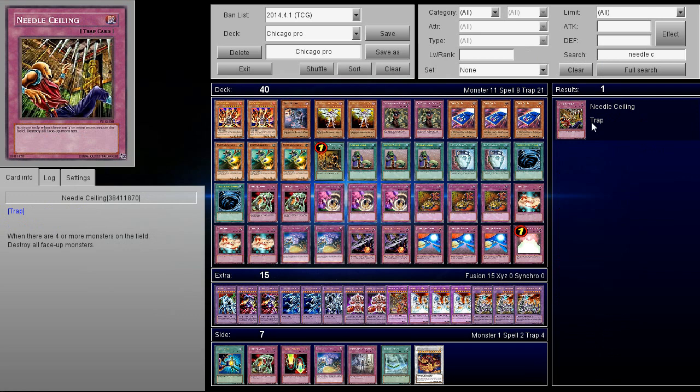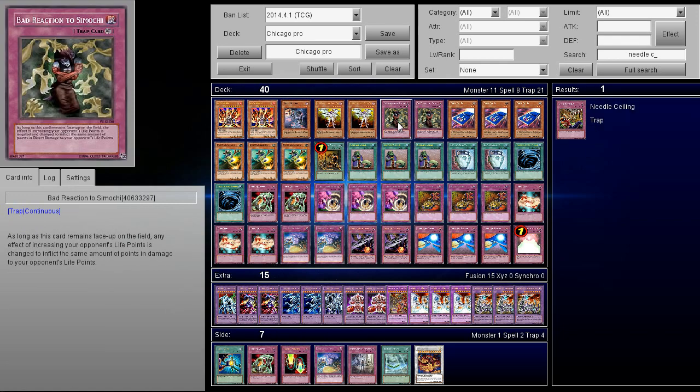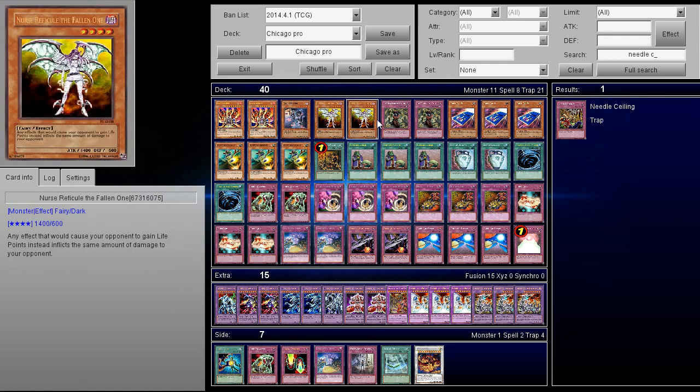Needle Sealing. So when there are 4 or more monsters on the field, you destroy all face-up monsters. Fantastic card in this deck as well, because your opponent is going to want to play really aggressively, because they don't want to risk you drawing into those multiple gift cards and then finishing off the game. Or maybe you just need that bad reaction, or you just need that Nurse and you have like 5 back row. They're going to be real scared, so what they're going to do is try to push